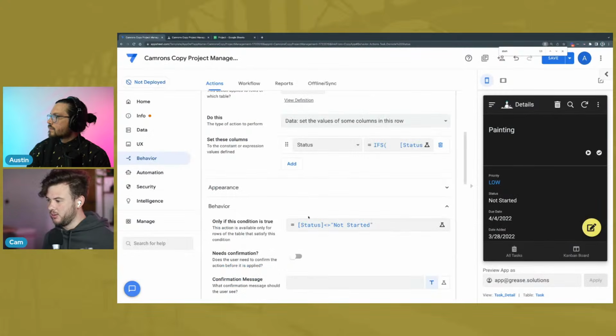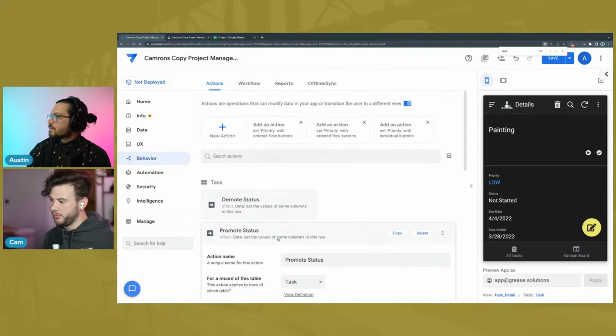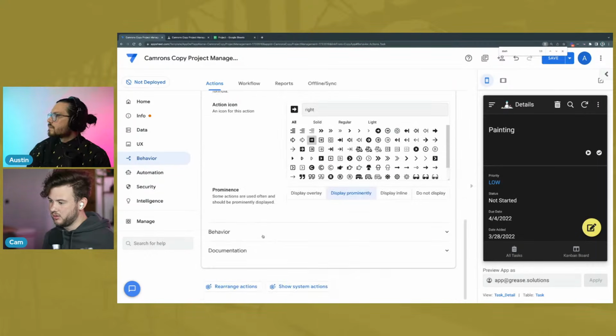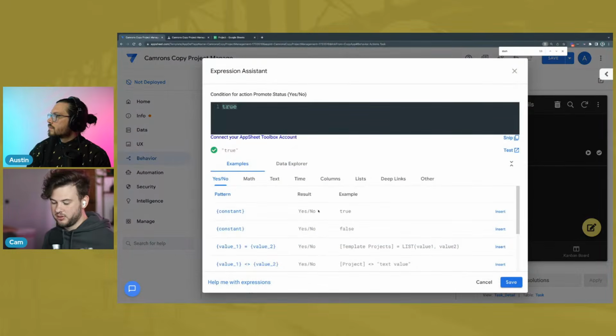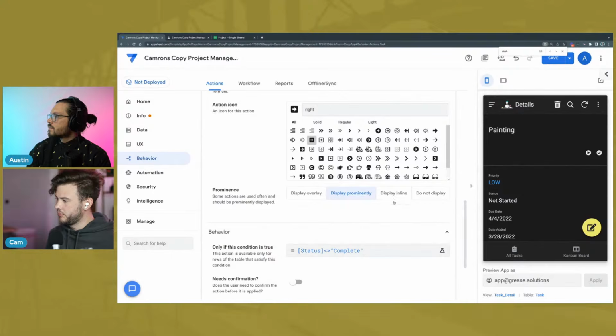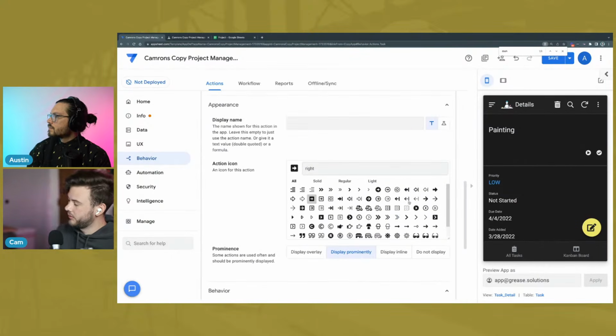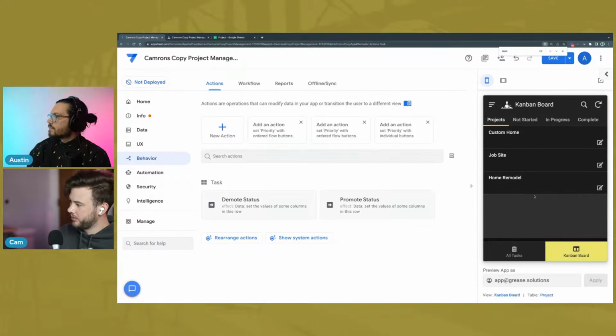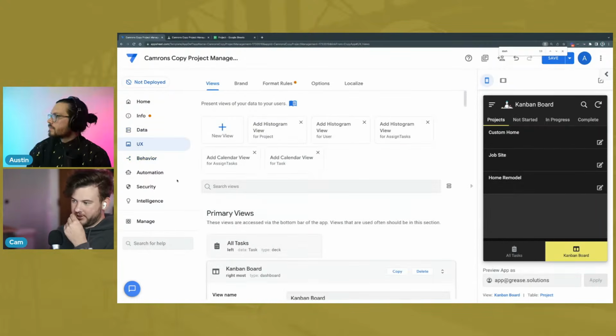And then we want the same behavior on promote. However, we want to change that value at the end. So right there. And we want this to be complete. All right. And now if we go to the Kanban board, if we go into the UX,